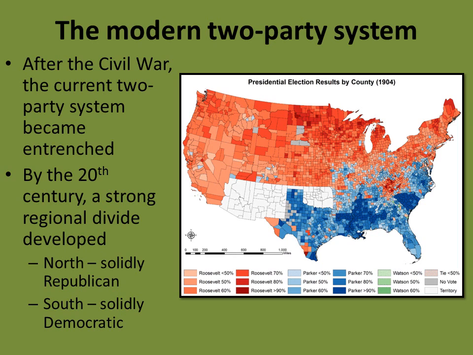That changed in 1896 when the Democrats nominated for president a populist from Nebraska named William Jennings Bryan, who was strongly Protestant religious and really paid more attention to farmers and poor people that lived primarily in the South or in the West. And so those Northern Democrats end up flipping and becoming Republicans. And at that time, in the early 20th century, that turn of that century, you have a very, very strong regional divide. And to illustrate that, I put up the presidential election results by county